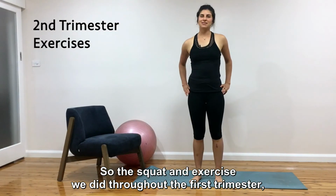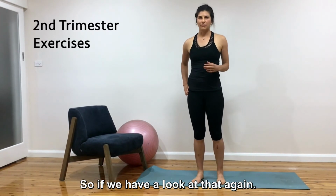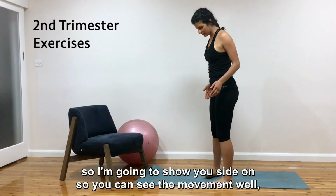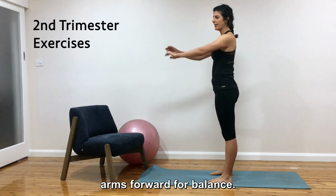So the squat, an exercise we did throughout the first trimester, we'll do again this one. It's so important to continue throughout the whole pregnancy. So if we have a look at that again, you want your feet underneath your hips. So I'm going to show you side on so you can see the movement well. Feet underneath your hips. Your bottom's going to go back as if you're sitting on a seat, arms forward for